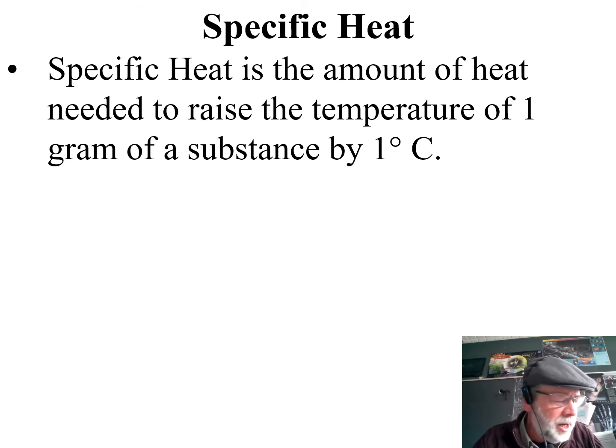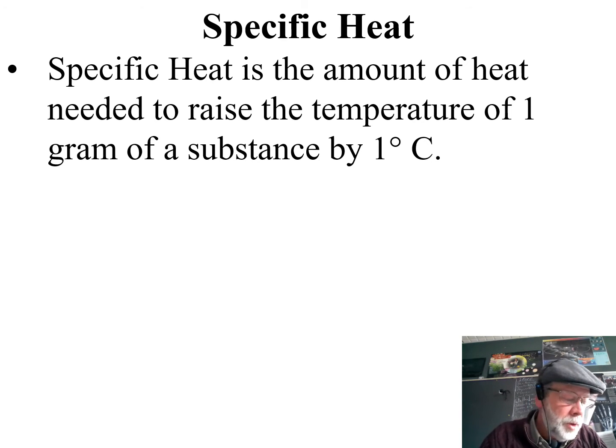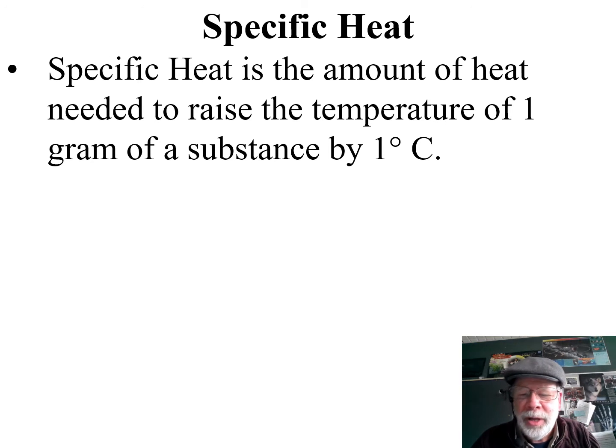Look at the specific heat of, say, basalt or granite. Basalt is 0.84, granite is 0.79. Okay, that's rock. That's how hard it is to heat up the rock. Rock doesn't heat up all that easily. Okay. Look at the specific heat of water. Water has a specific heat of 4.18. Nothing else on Earth comes close to it. Water has a huge specific heat. It takes so much energy to change the temperature of water, even a little bit.